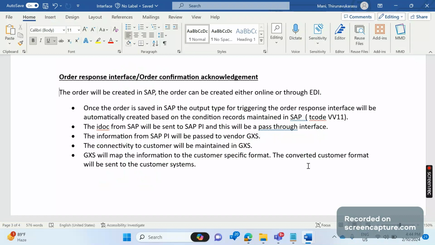But how will the end customer come to know what happened to the data that he sent, whether the order has been created or failed? What's the acknowledgement that he is going to receive? This is about that interface only. It's an order response interface, or order confirmation interface. The flow will be like this: